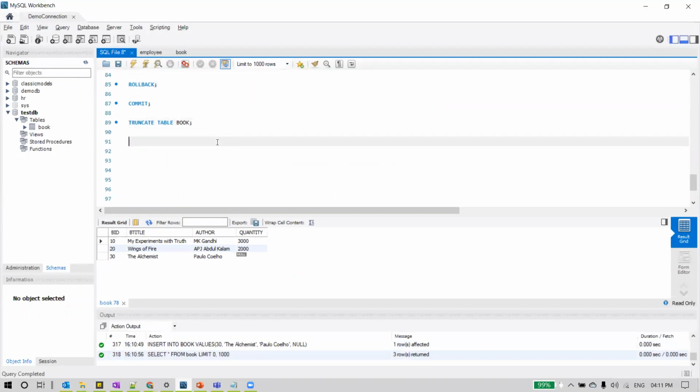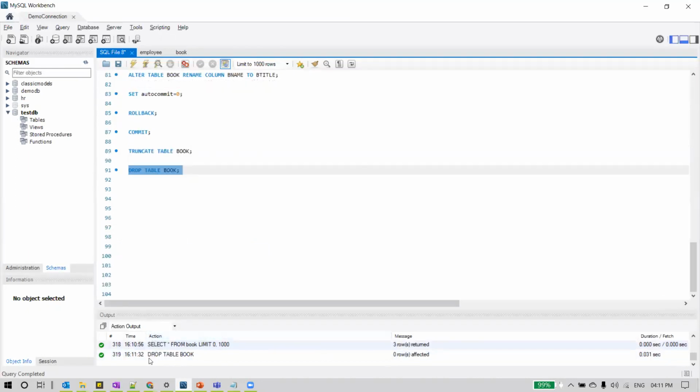Dropping the table is like dropping the entire structure also. When we use truncate table, we at least had some column names, and only rows got removed. But now using the drop command, drop table, the rows will be removed as well as the structure will also be removed. Structure in the sense you will not be able to see these columns also. So that's the difference again between drop and truncate. So let me execute this now.